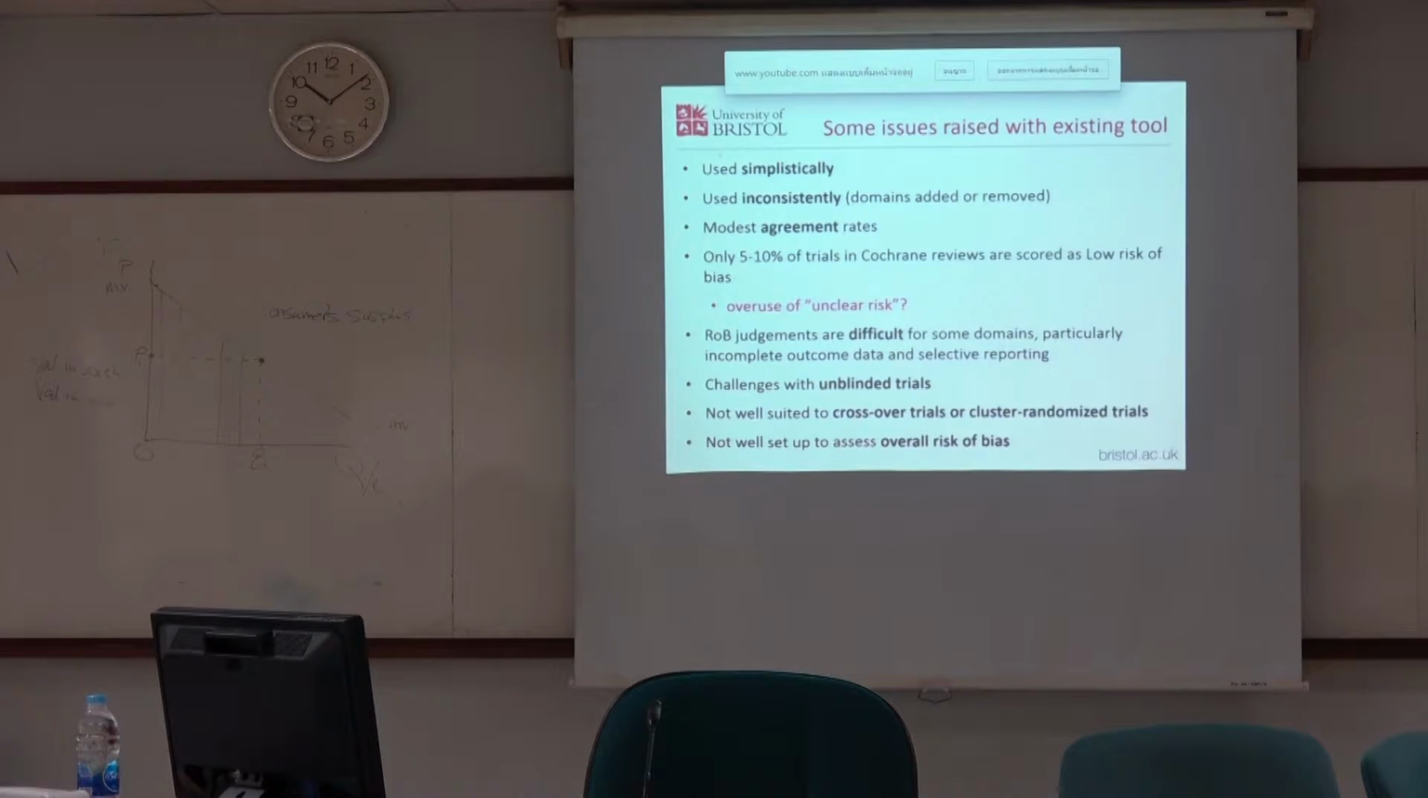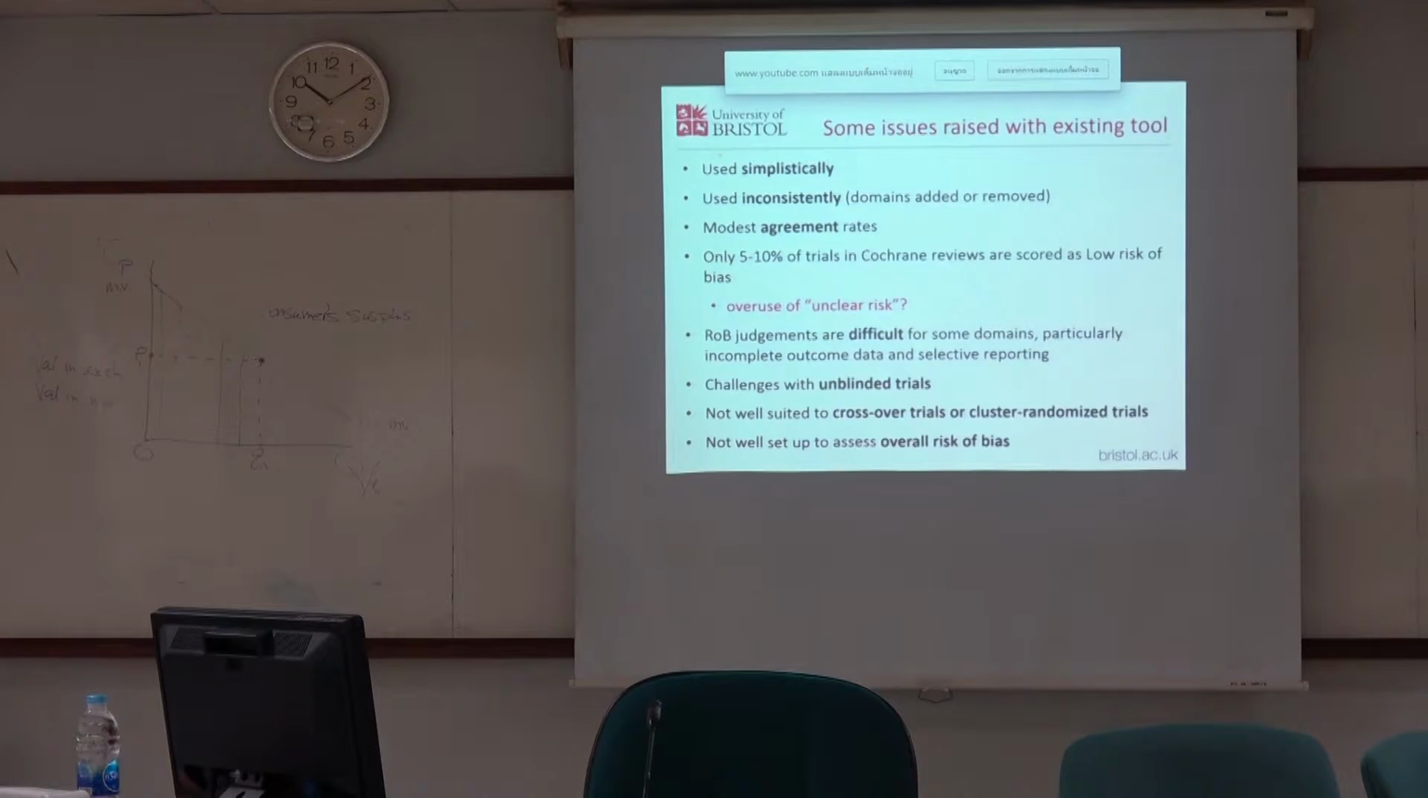The inter-rater agreement studies do tend to find that there's modest agreement between 2 raters on the tool. We also found that only about 5 to 10% of trials in Cochrane reviews actually scored at low risk of bias overall. And possibly one reason for that is that there tends to be an overuse of the unclear risk. Now, sometimes for some of the domains in the tool, particularly incomplete outcome data and selective reporting, some users keep telling us that they just find those domains particularly difficult and that they need a bit more guidance in order